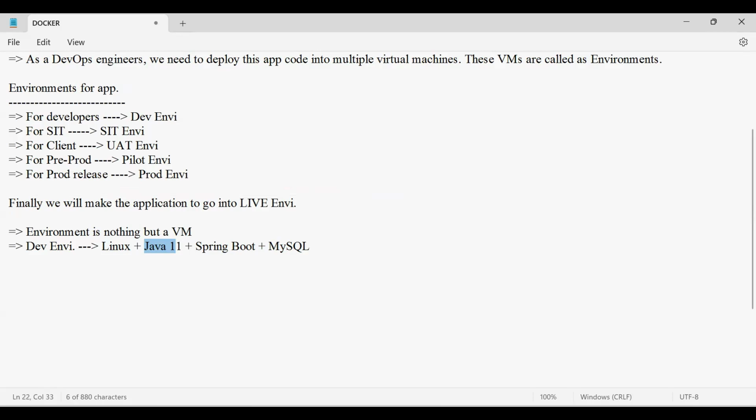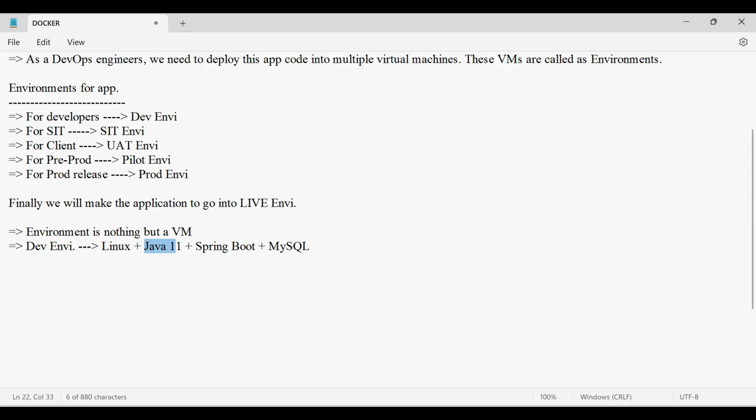Now, when the versions of the software get changed from environment to environment, then it becomes very challenging for the DevOps engineers to deploy the application. Why does it become challenging? Because the versions of the software are getting changed. In one version of the software, the application might get properly configured, but in another version, the application might not get configured successfully. So when the configurations are different in each environment, it is not that easy to run our application.